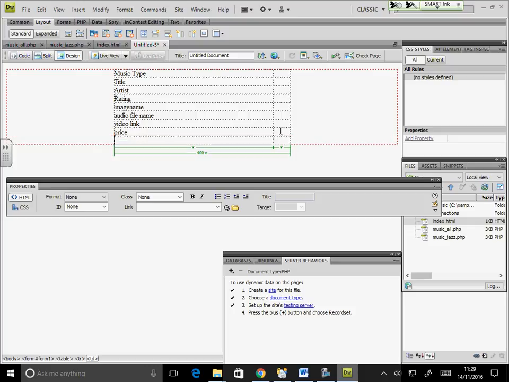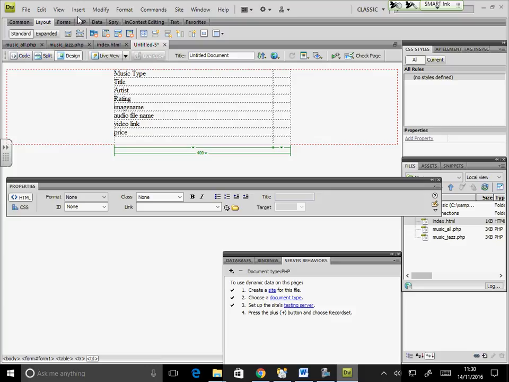Once I have them here, now you have a choice. You can use simple text fields, right? But text fields don't allow validations. So you can go for Spry text fields, which allow you to put validations in. But like let's say here music type, I don't want them to type anything else that my database doesn't have. Does that make sense? So it's up to you, what do you want here.